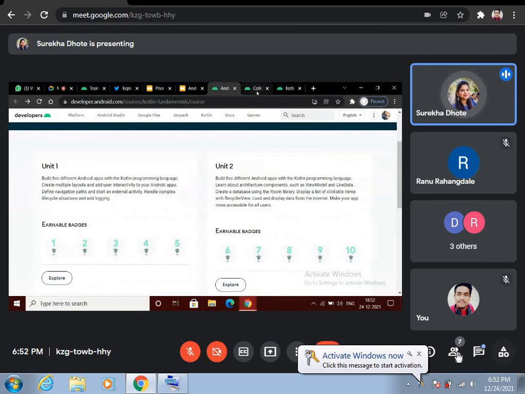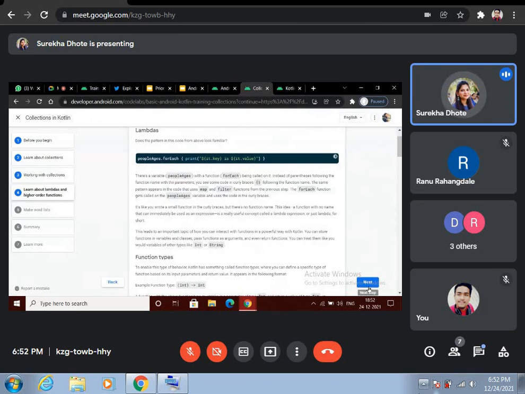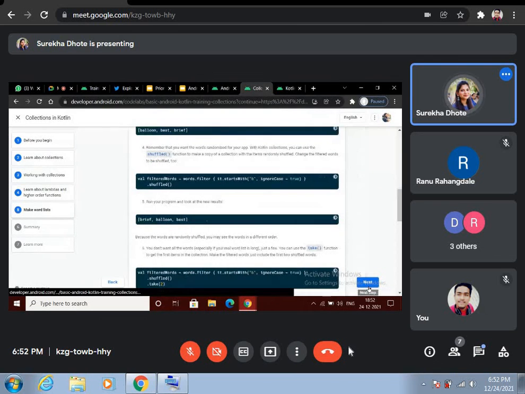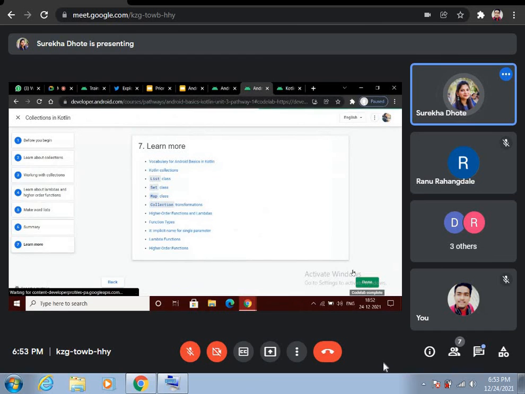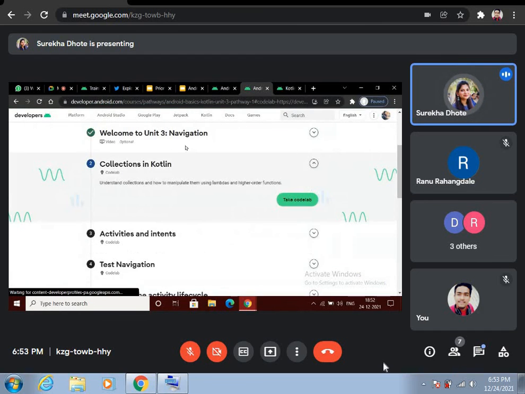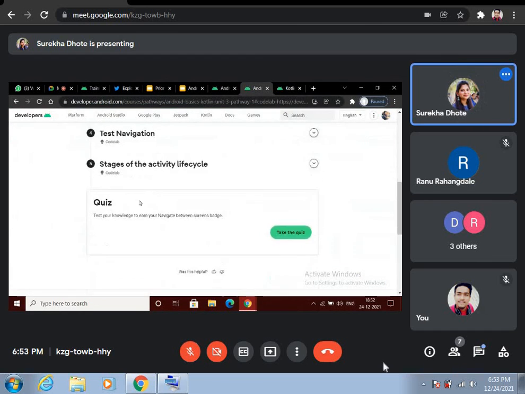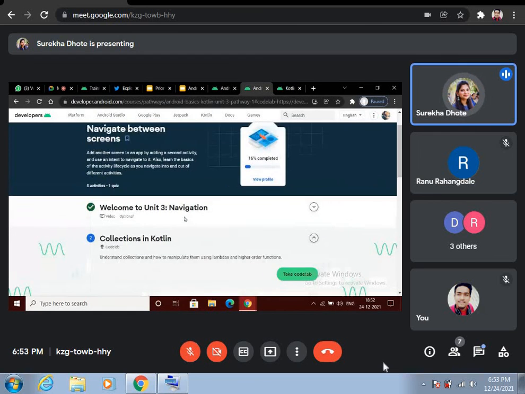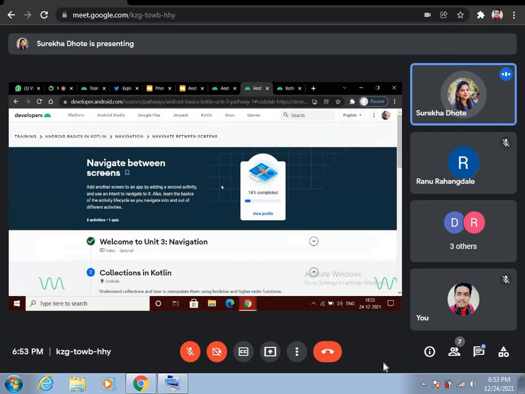You can go through these code labs, like I did this one for you today, and complete the quiz, and you will get your badge. Similarly, by completing all these pathways, you will be eligible for Android Study Jams certificates.